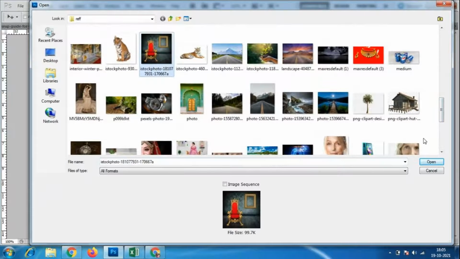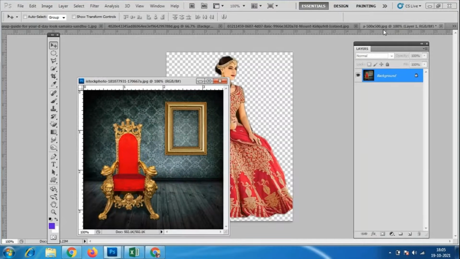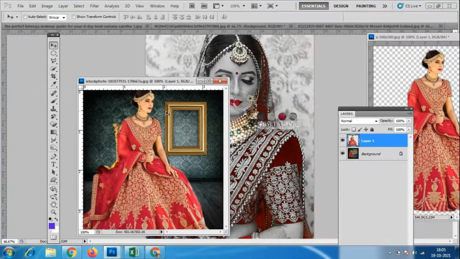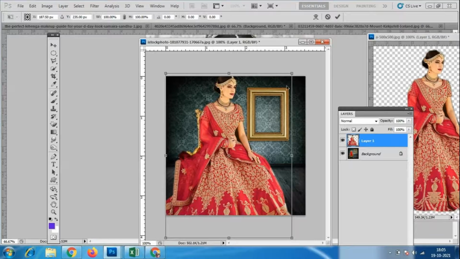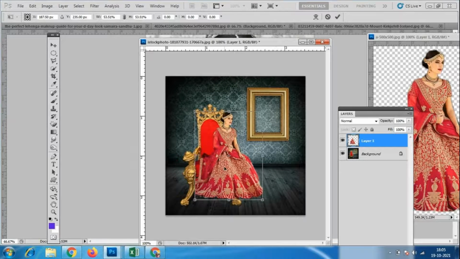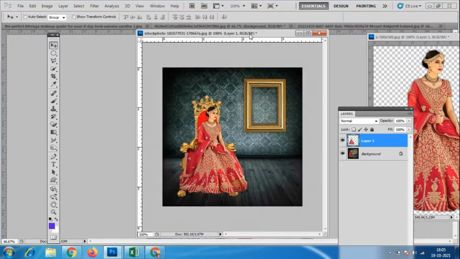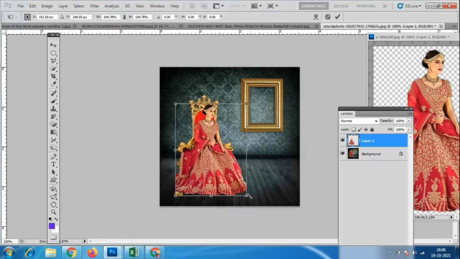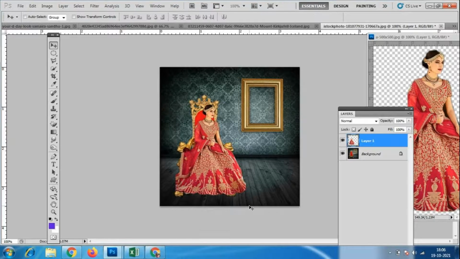See, some of the things I already have. So this kind of image you can place. I'm just placing it over here. So even if any of you have any of your images, you can try. And you can make your own images with celebrities, or with a queen, where you are sitting with some queen, something like that. You have to place the crown over here. Those things, you can make into this kind of image.